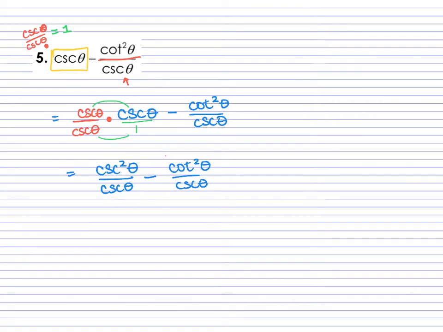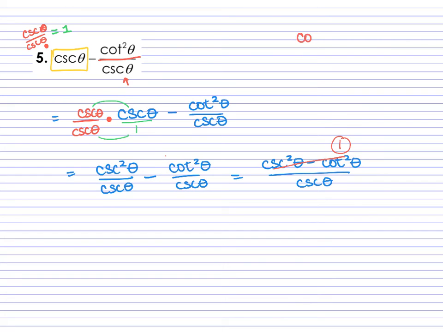So now it's great. I have common denominators. So now I can put these two things together. So now I have the cosecant squared of theta minus the cotan squared of theta, over cosecant of theta. Go back to the Pythagorean identity, cosecant squared theta minus cotangent squared theta is just equal to 1. It's awesome. We can just get rid of it. So it's not the way we're given that